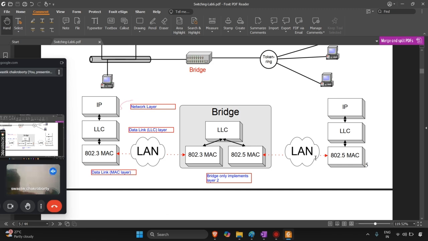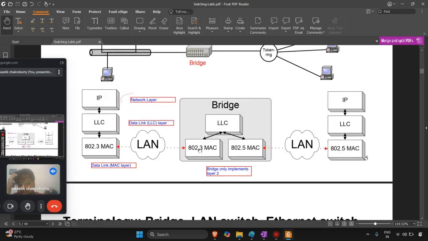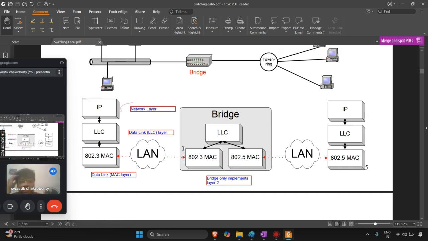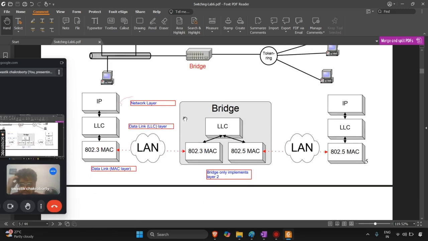So there are two LAN networks. Now there is an LLC between 802.3 and 802.5 which connects the LLC of this bridge. The LLC of this bridge connects 802.3 network to 802.5 network, and thus these two LANs are fused together, and